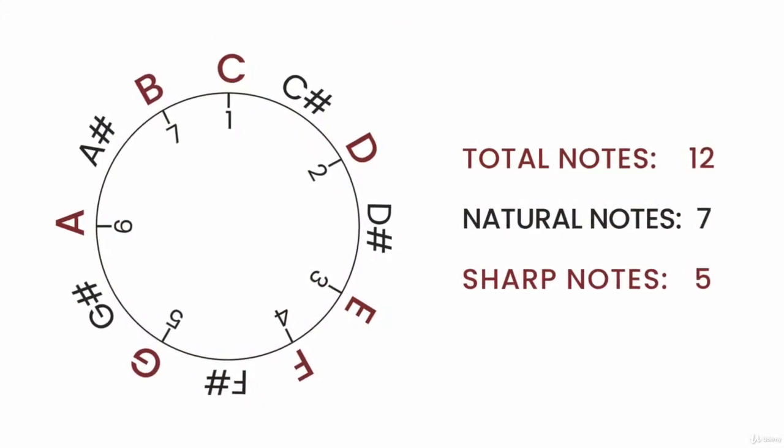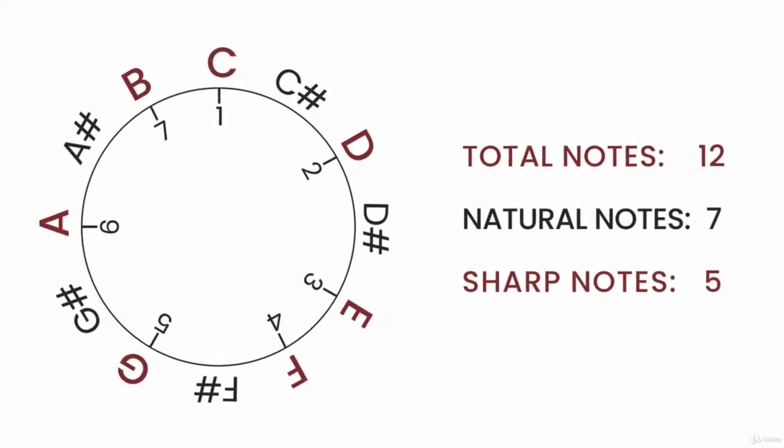We need to understand first of all what are the notes in music that we have. As you can look at, these are named as A, B, C, D, E, F, G. These are known as the natural notes, and in between these notes you have sharp notes. What are these? Right after A you have A sharp, after C you have C sharp, after D you have D sharp, after F you have F sharp, and finally after G we have G sharp. So there are 12 notes in all, that is 7 natural notes and 5 sharps that we can see.